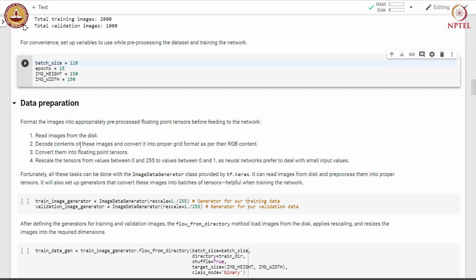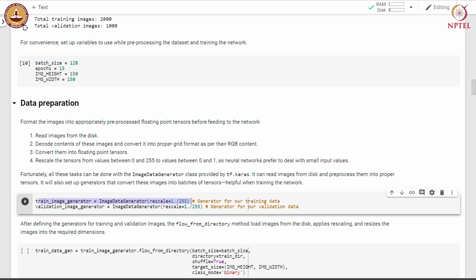All these tasks are done by the ImageDataGenerator class provided by tf.keras. It can read images from the disk and preprocess them into proper tensors. It will also set up generators that convert these images into batches of tensors, which is very helpful during the training.